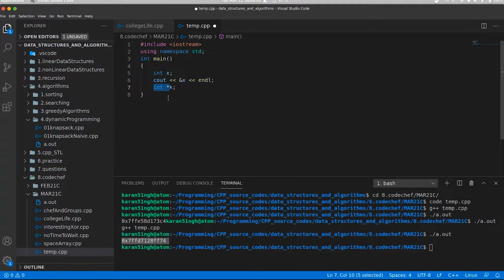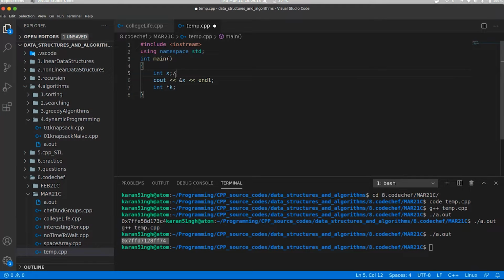I have declared a variable k, and I have said that the type of this variable is int star. What this star operator means is that the variable k is a pointer type of variable, and it can store addresses of integer variables.